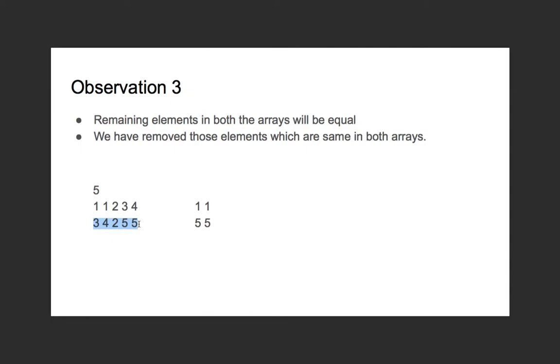So the size of v1 and v2 will always be equal, because suppose 2 is coming 2 times here and 2 is coming 4 times here, so we will be reducing 2 from the above array, and we are going to reduce 2 2's from the next array. So 2 2's are always remaining, so basically we are going to remove one element, and so the total number of elements in the remaining v1 and v2 will be equal.